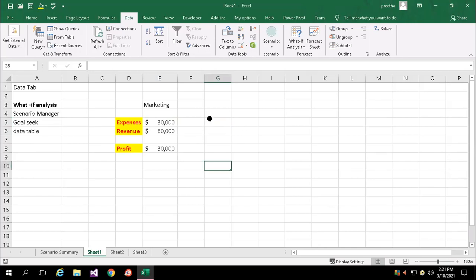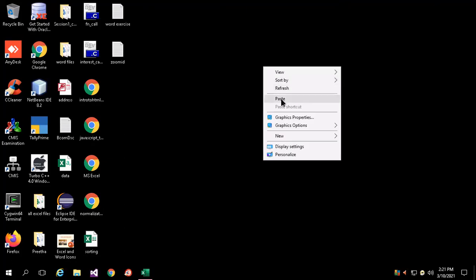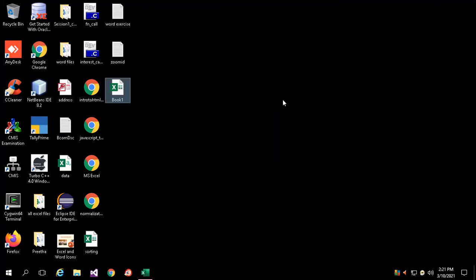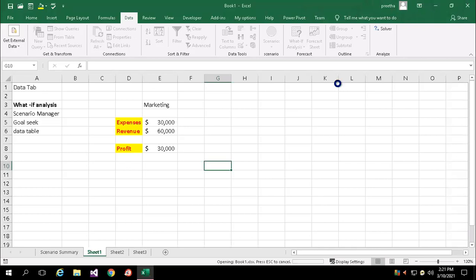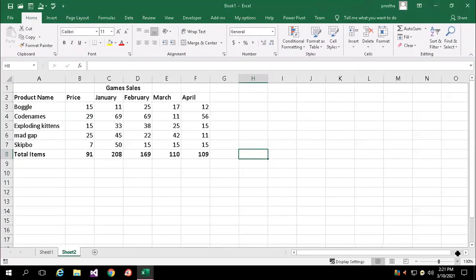Next, we will consider the same with a different example. You can consider this table.